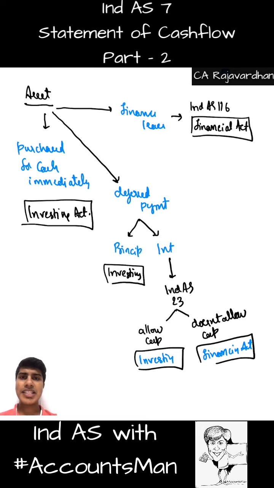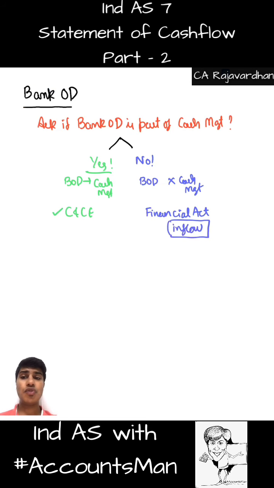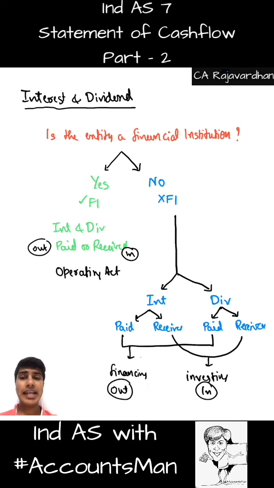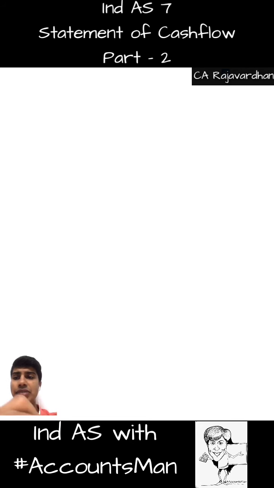In the previous lecture we were discussing Ind AS 7, that is statement of cash flow, and this lecture is a continuation of the previous lecture from where we left there. We were discussing how and we were discussing why, and we discussed a few items in detail, that is bank overdraft, interest and dividend, tax and asset. So one other important item that was not discussed yesterday, which was kept aside for today's discussion, is foreign exchange.